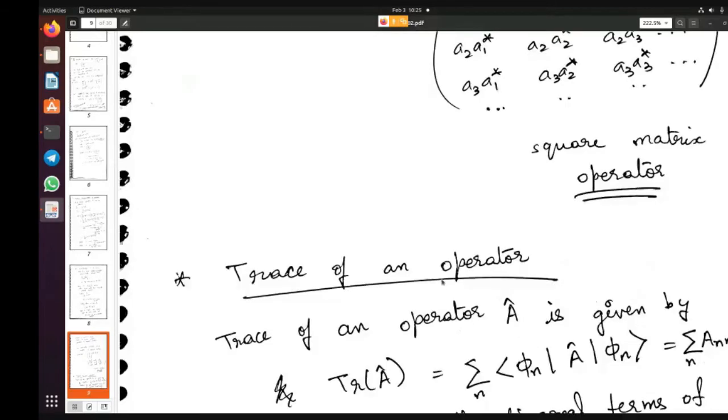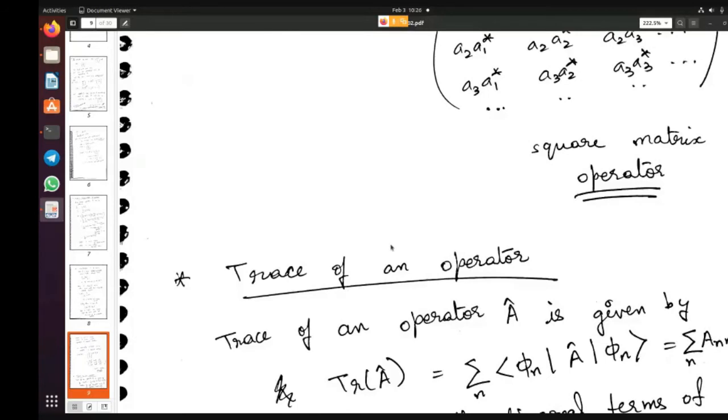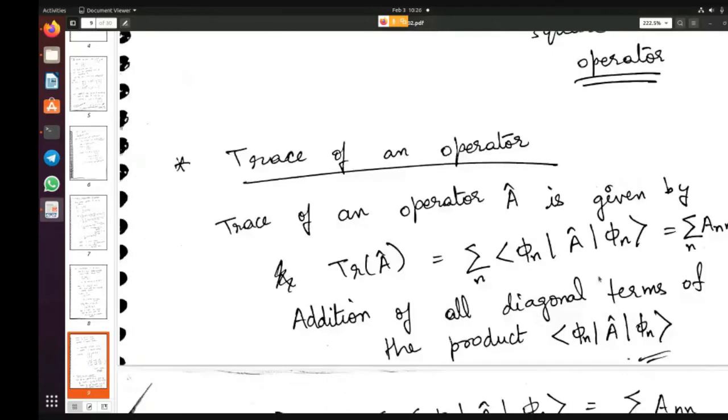All right. So now we've learned about the operator and how, if you have a complete basis set, you can write down the identity or the unit operator. So let's look at the trace of an operator. The trace of an operator is very simple. It is given by the expectation value of A, summed over all n. So you get A n n and sum over all n.